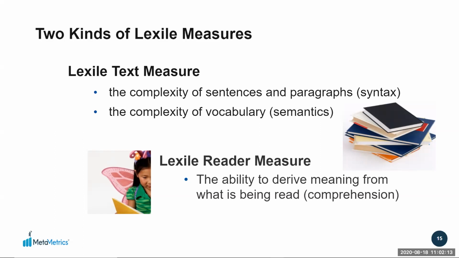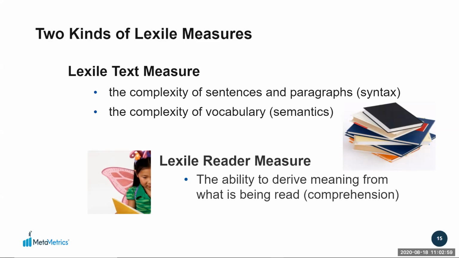and semantics. In terms of syntax, we know that longer sentences tend to be more complex, and they require more of our short-term memory to process than do shorter sentences. Therefore, the Lexile measure of a text with longer sentences is higher than a Lexile measure of text with shorter sentences. Likewise, the semantic element acknowledges that more difficult and more unfamiliar vocabulary also increases the complexity of text. Less familiar words may impede reading fluency and affect comprehension. So the Lexile measure of a text with more difficult vocabulary is higher than a text with more familiar and